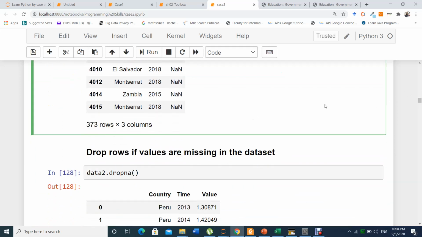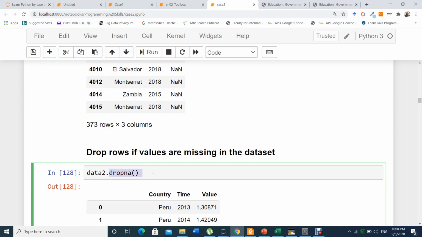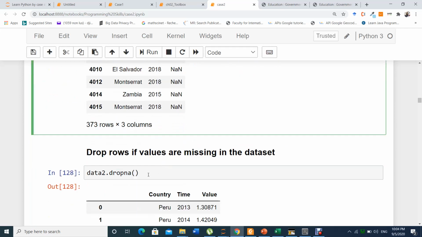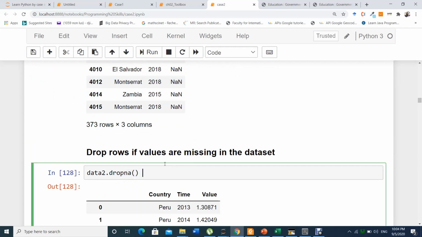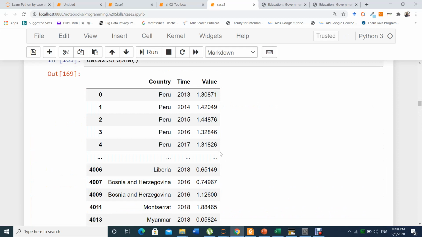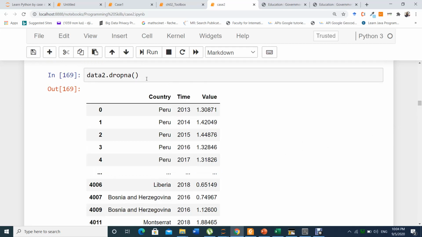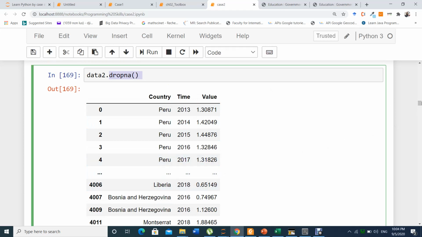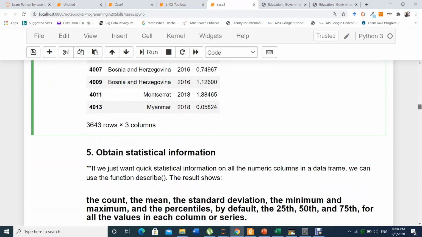So to drop it, you have already learned this function from the first case. We just apply it to the data. We call it data2. This is why data2 drop now. So when you run it, you'll get only data. See, all this data has values, no null values inside. So all we have done until now is just a step of cleaning. We are preparing our data before analyzing it or before answering some question. So from now, we see we have cleaned the data. We don't have any missing values. We ignore those rows with null values.